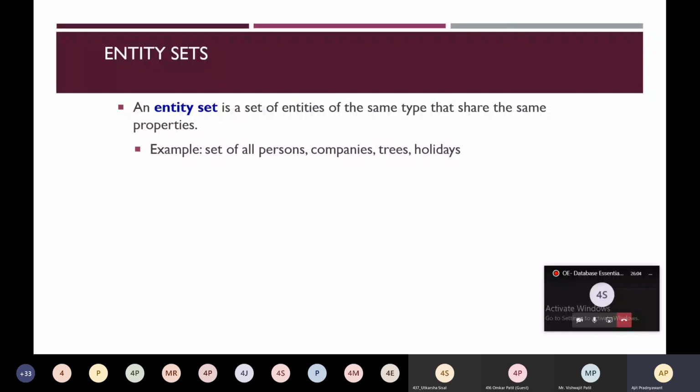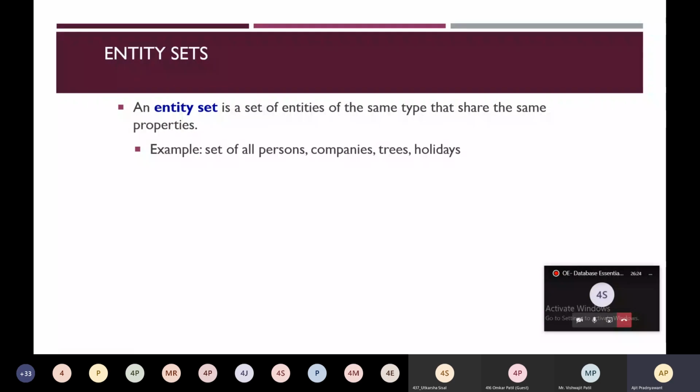Next example, companies. There is a list of companies and each company is an entity, and the list of companies is nothing but the entity set because they share the same properties. Next example is trees. Tree is an entity, whereas a set of trees, there are n number of trees.